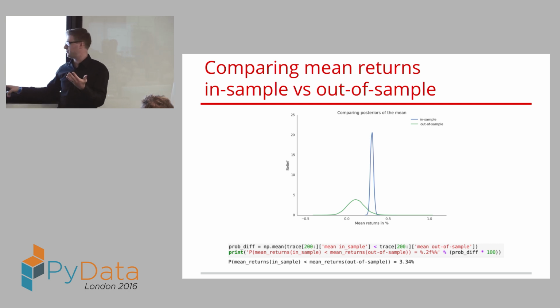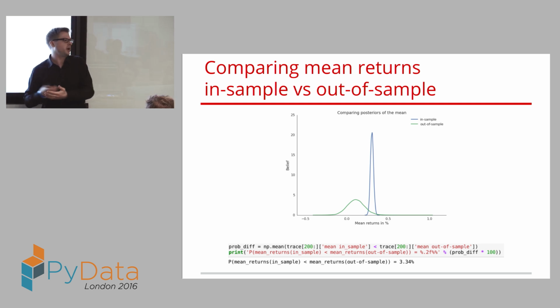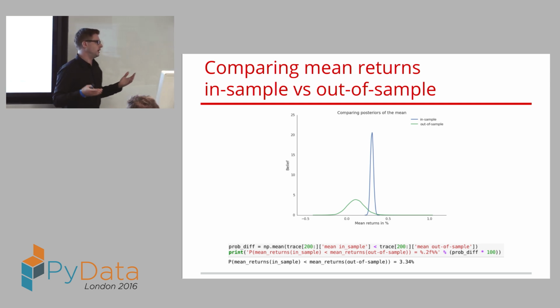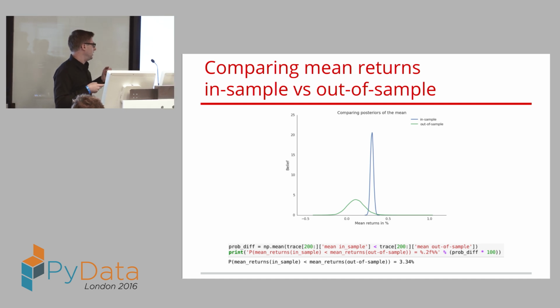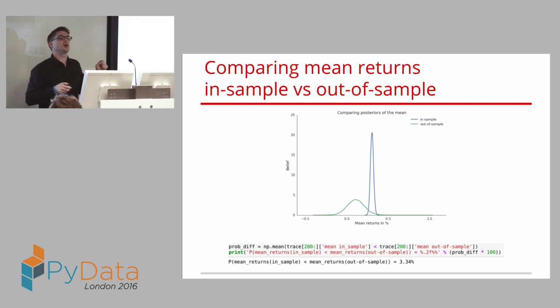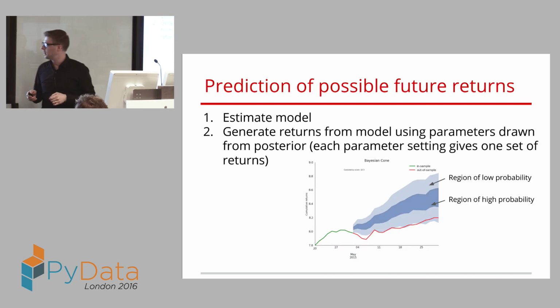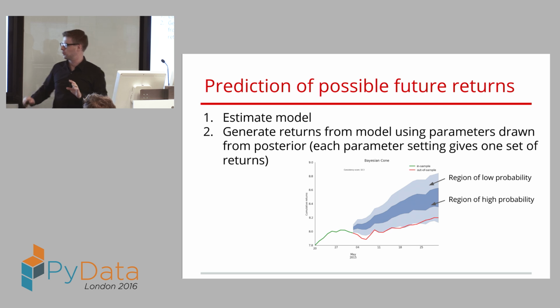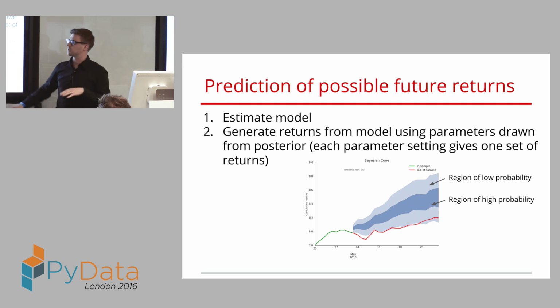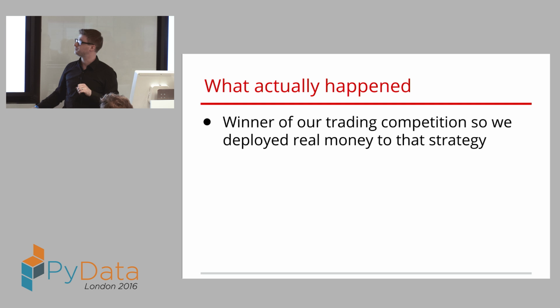So that is the probability that we care about, right? And so 3.34%. So a Bayesian test that I just created out of nothing, basically, tells me that these two are likely to come from a different distribution with a different mean. So I might not want to invest in that strategy. I'm going to skip this, but you can also make predictions with that. I'm going to show that in more detail later.